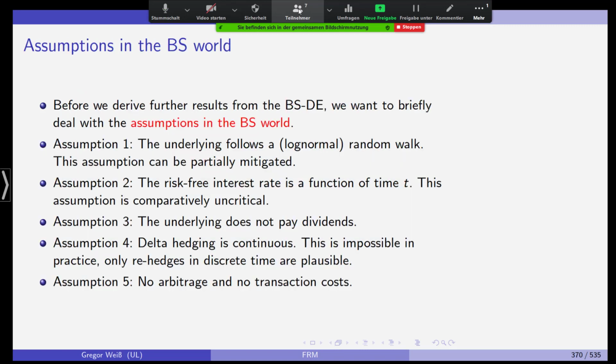But before we do this, let me summarize the main assumptions we've made. First of all, the underlying follows a log normal random walk, geometric Brownian motion. The risk-free interest rate is a function of time. That's uncritical. Underlying does not pay dividends, would only make the model a little more complicated. Delta hedging is continuous, and we have no transaction costs and no arbitrage. Well, no arbitrage is okay. No transaction costs, that's usually a pretty hefty assumption you have to make. And the delta hedging can be done in continuous time, also in